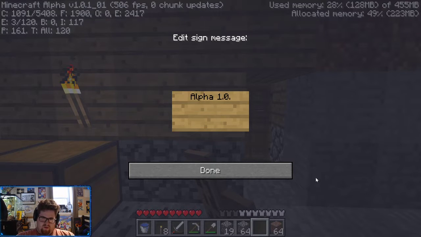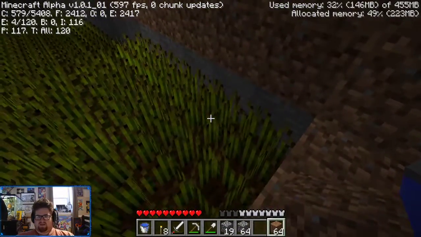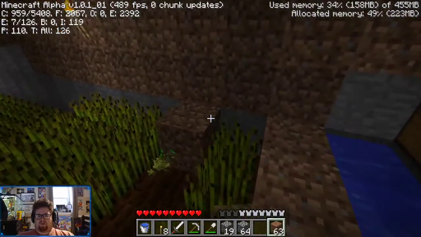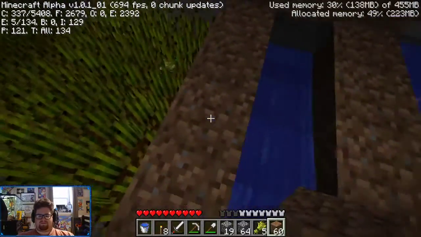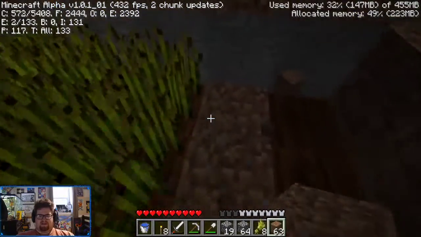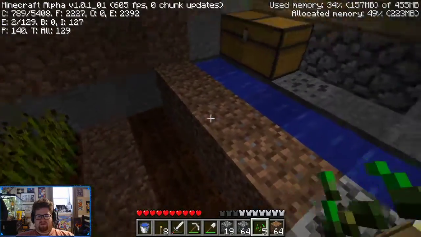Alpha 1.0.0 doesn't drop seeds. So this was an auto harvester, but it wouldn't drop the seeds. It drops seeds when you break them like that, but when water broke them, it wouldn't drop the seeds, and it still doesn't. I just wanted to test, see, you know. I'll be testing it until they do drop the seeds, because